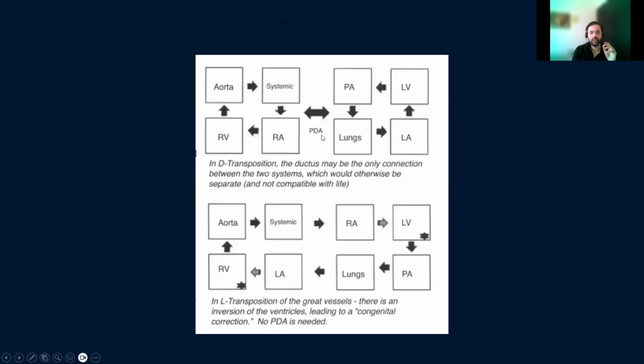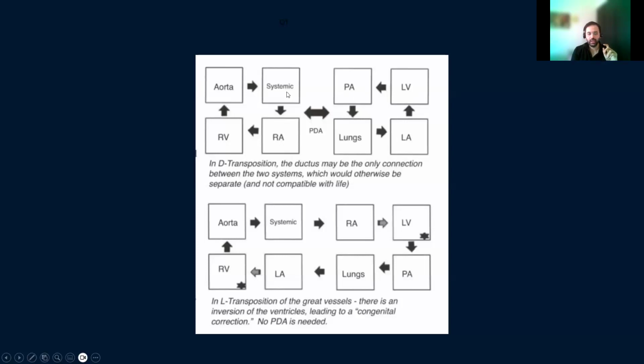So this sort of flow chart or a simple line diagram explains the difference between a DTGA and an LTGA. What is happening in the DTGA is basically the oxygenated blood and the deoxygenated blood are running separately from each other. For example, you have from the left ventricle the pulmonary artery coming off. So that is where the transposition of the great vessels comes in, right? Normally from the left ventricle you would have the aorta coming off, but here you have the pulmonary artery. It's going into the lungs, coming back to the left atrium via pulmonary veins, again going back into the left ventricle. So this is like an isolated oxygenated circuit